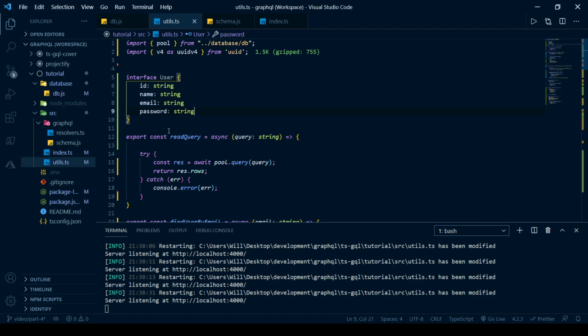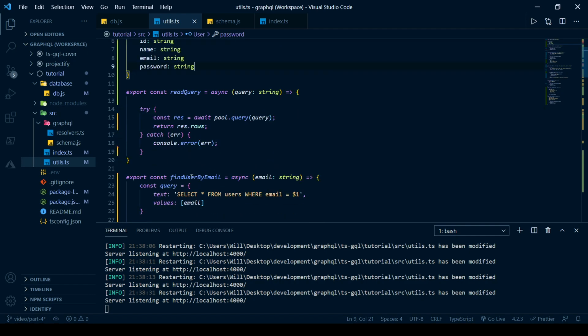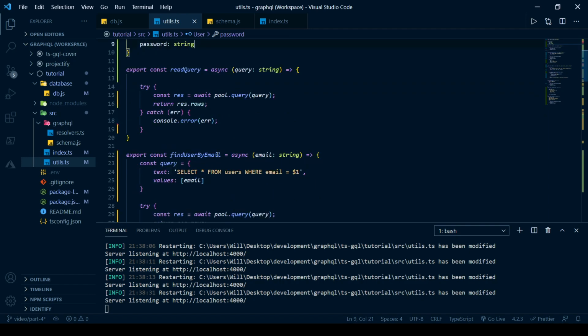Now if we look at this function find user by email, we know that it's returning a list of users. So we can be specific about the return type. For example, if you just hover over find user by email and you're using VS Code and you have the right extensions put in, for example, if you have